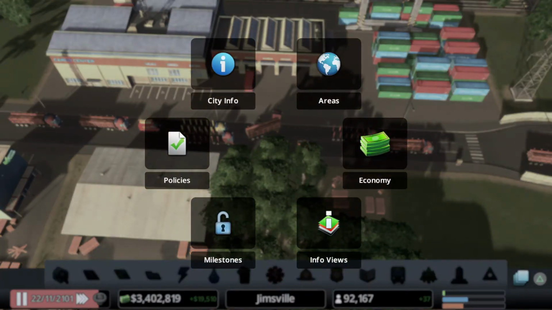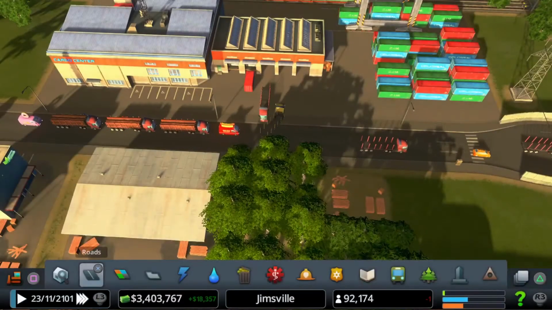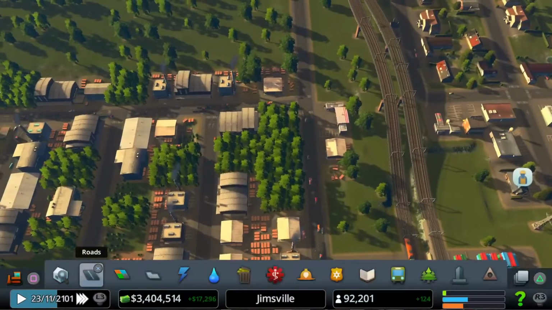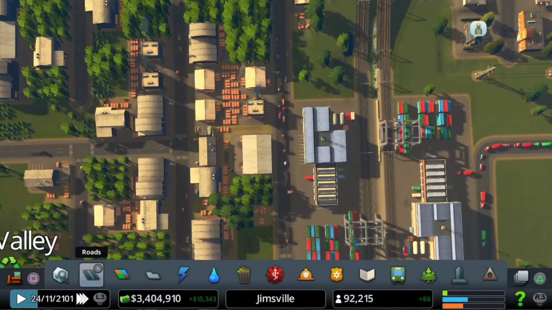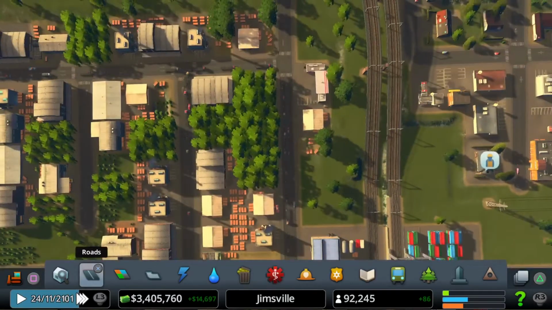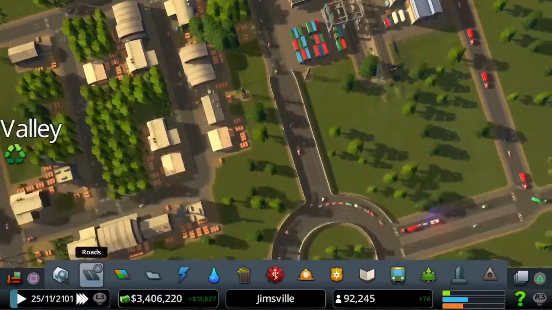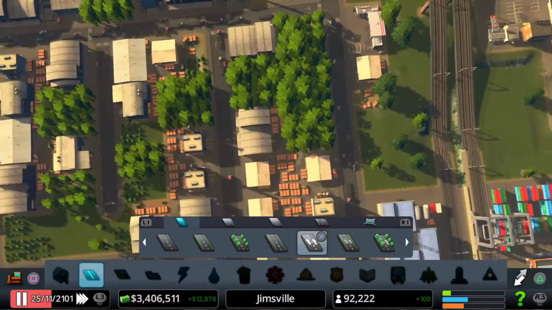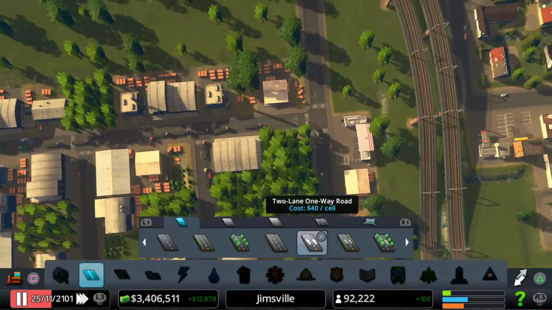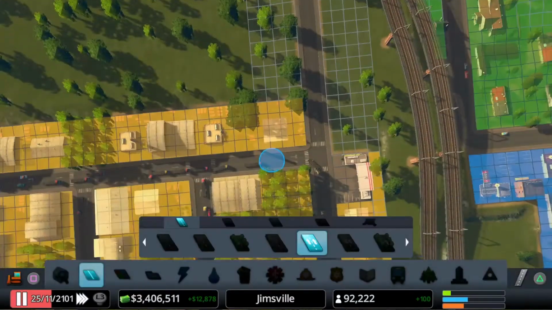So, let's see. I can build a little slip road, I think. Yeah, I'm going to build a slip road. So I need this. I need straight.